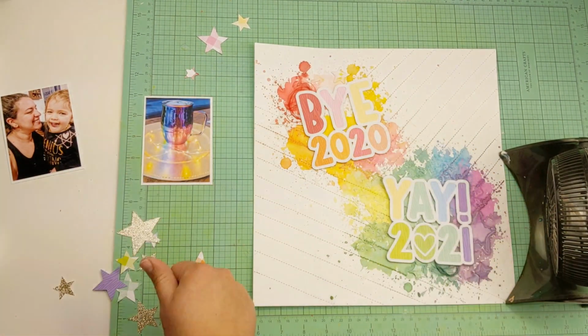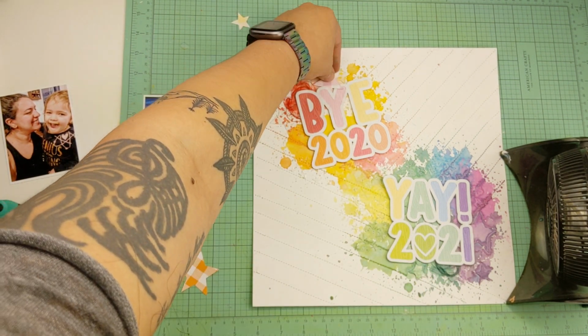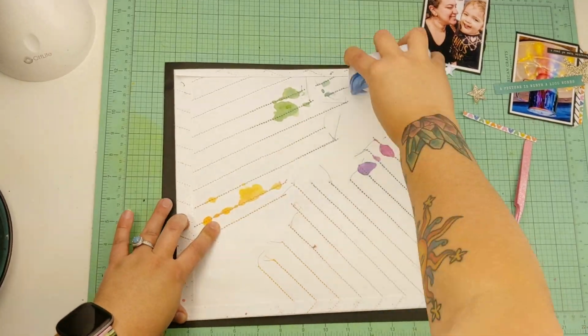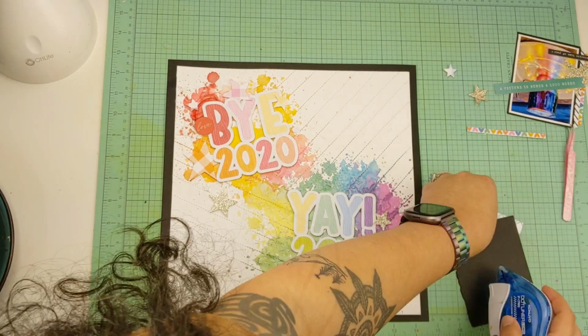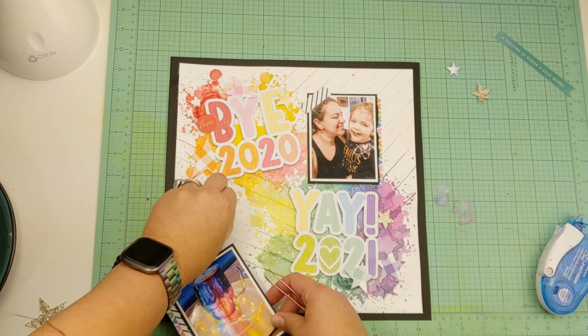So that's all set. I have a couple of photos to add. One was of this delicious pomegranate champagne mule drink that I had on New Year's Eve, and the other one is me and my kiddo just hanging out on New Year's Eve, watching some TV and cuddling. So I will go ahead and adhere my two photos, one at the top right